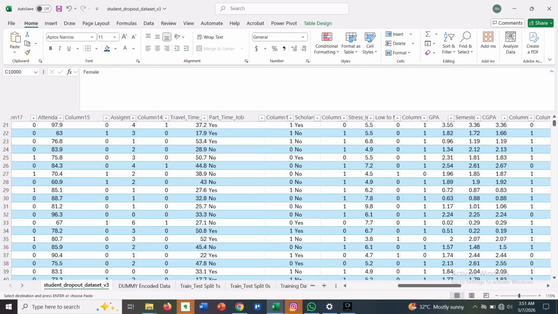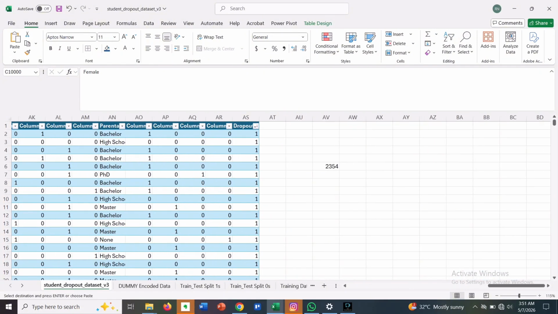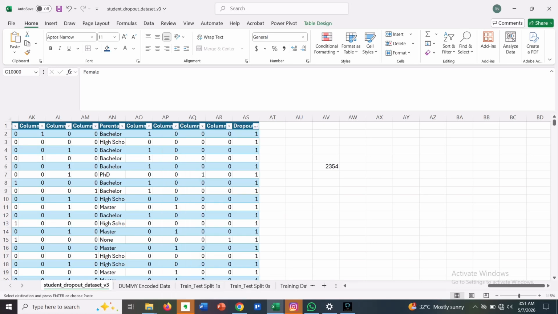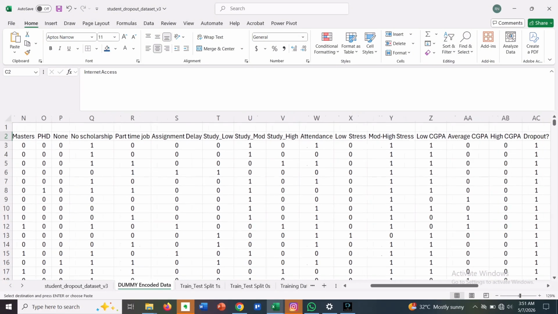So for example, female, there are two categories, male and female. So I just thought I'd keep female. So whatever category you have, you just put the value of one. So there are many values here,